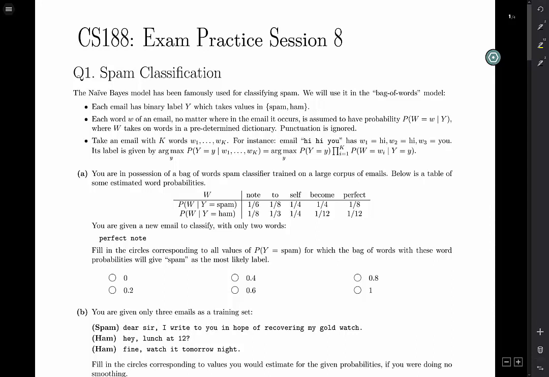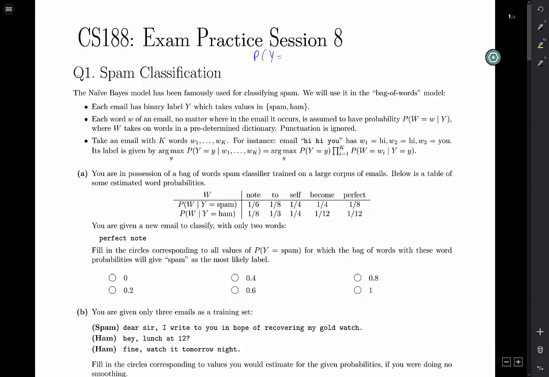So what they're asking us is to fill in the circles corresponding to all values of probability y equals spam for which the bag of words with these word probabilities will give spam as the most likely label. This will take some math, so let me write it up here. What they're asking is, for what values of probability y equals spam